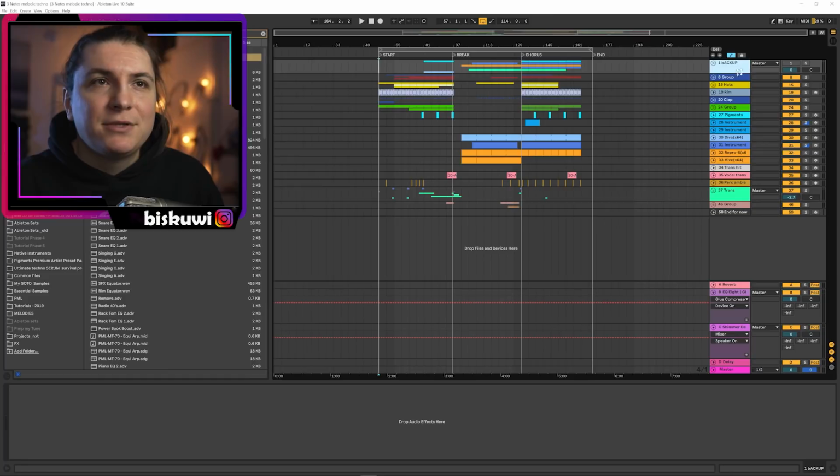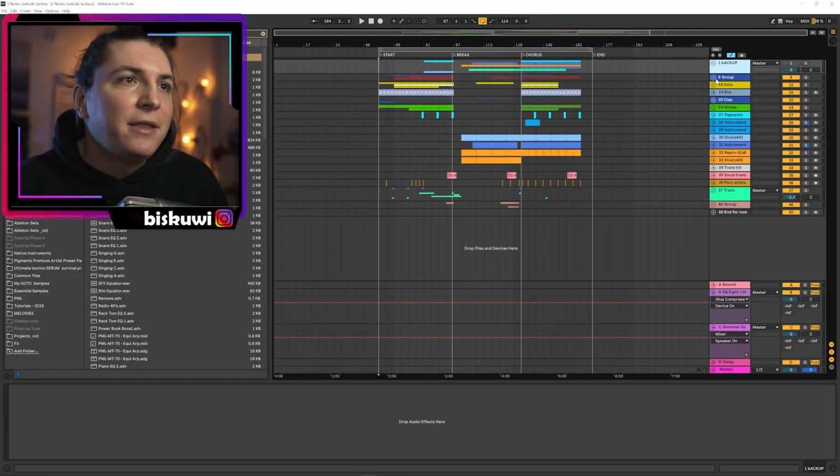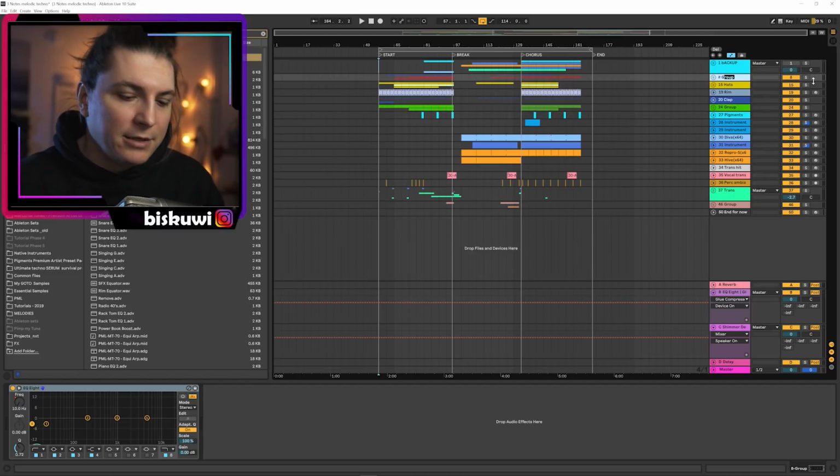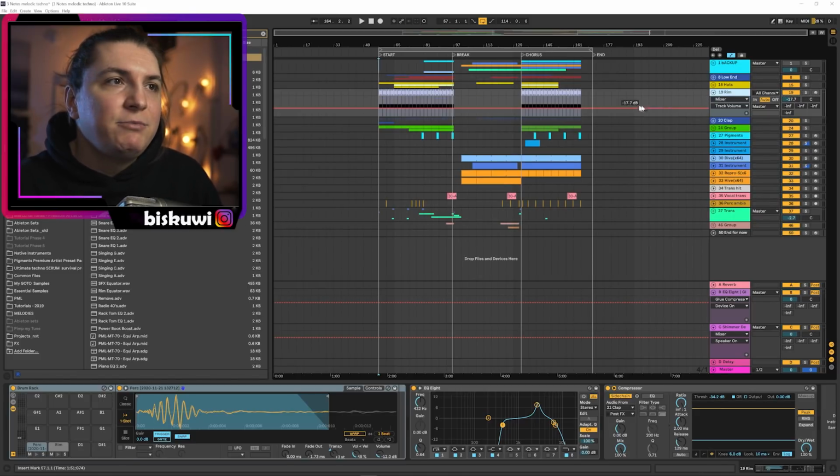I had a lot of backups, tried things, but I didn't like them, so I scrapped them. Grouped the main low end here, so let's write the low end here, to be honest. And then we have the hats, and I added the rim shot in the note of F, so we are